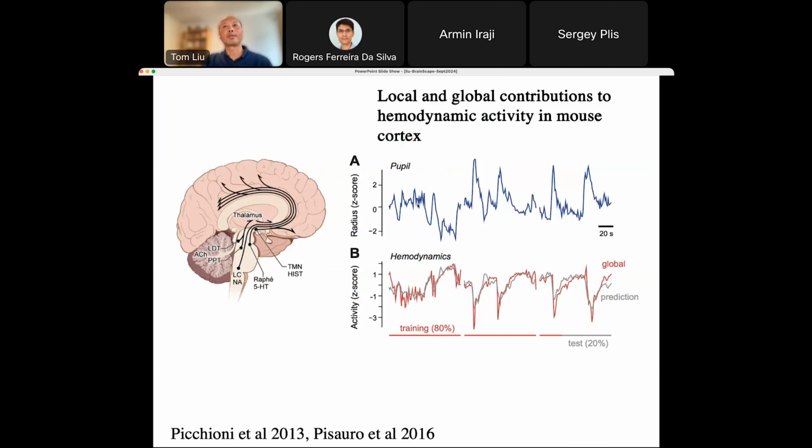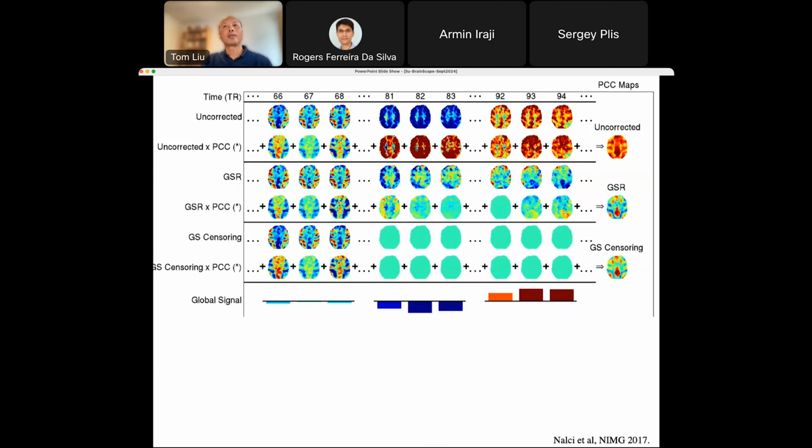So for example, here, if we use pupil as an indicator of how vigilant they are, you can see that there is this predicted change as they become more vigilant, the global signal goes down, and this is across time as well. So what we can do is use that insight of the fact that the vigilance is varying across the time series to come back and get a better understanding of what global signal regression might be